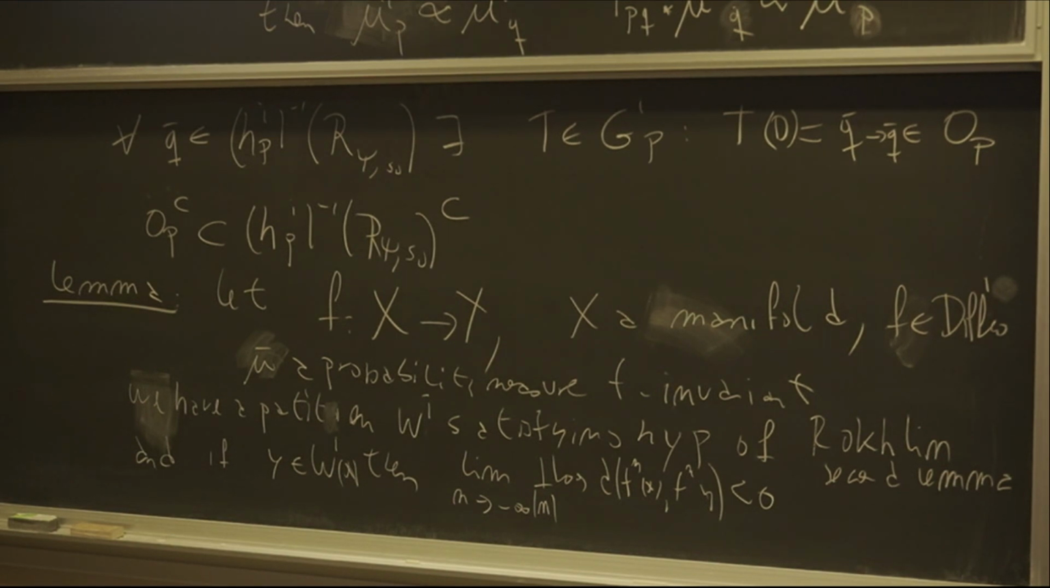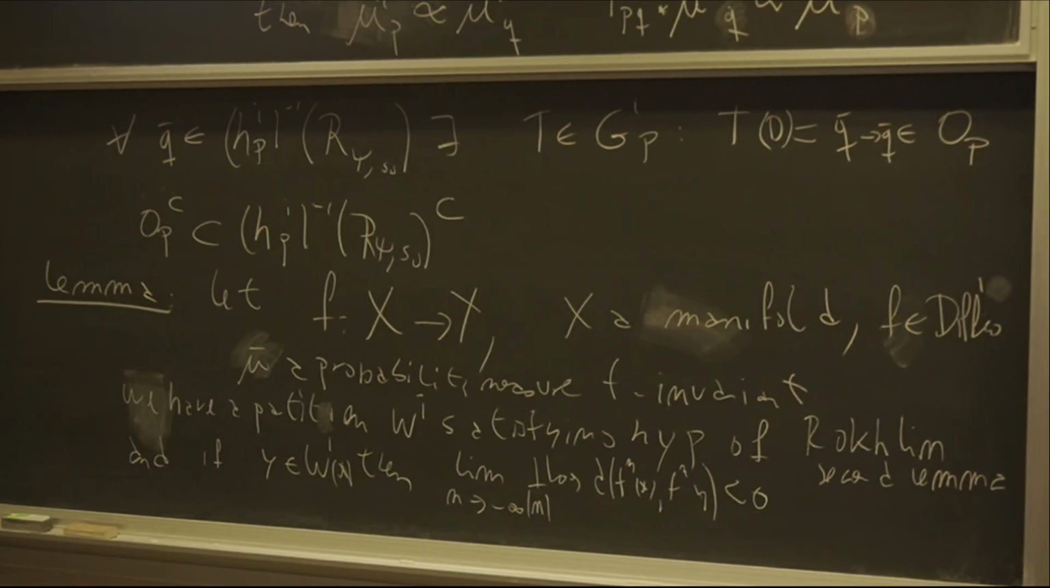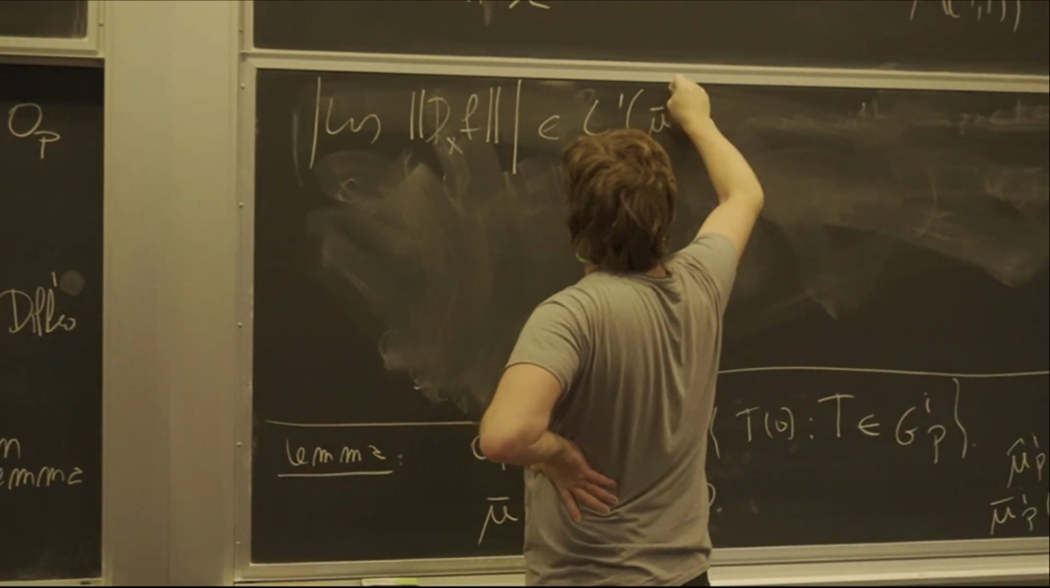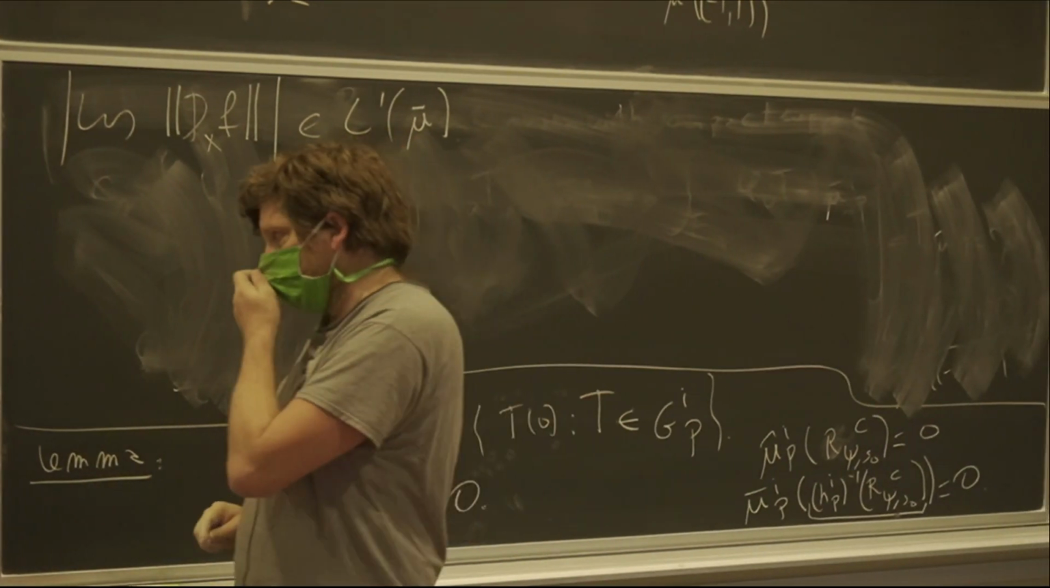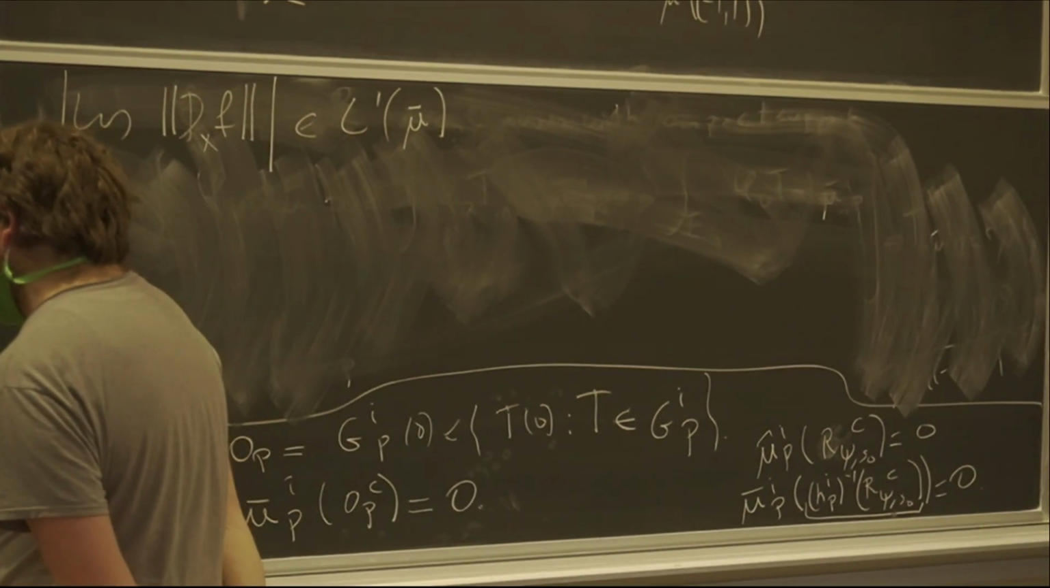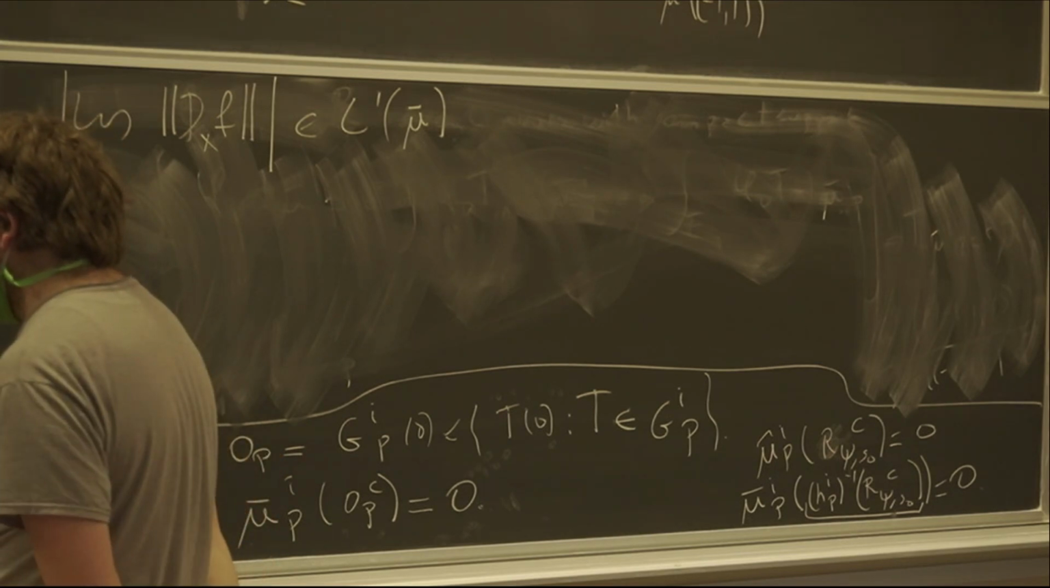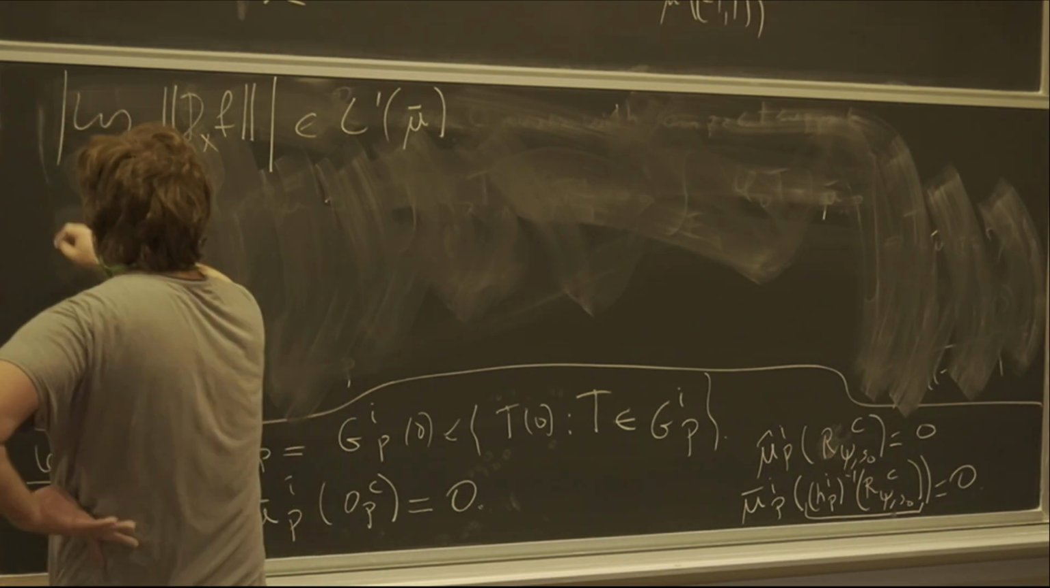This is because essentially I need to be able to apply Oseledets' theorem and everything else. I need the absolute value of log of norm df to be in L1 of this measure. So I think I don't need to assume anything else now. Then